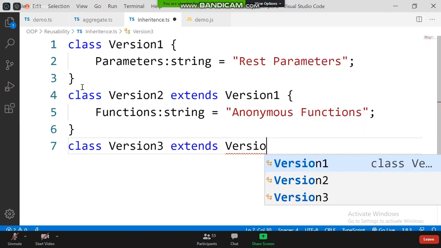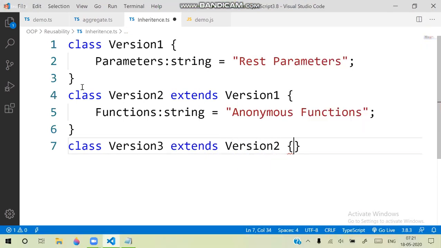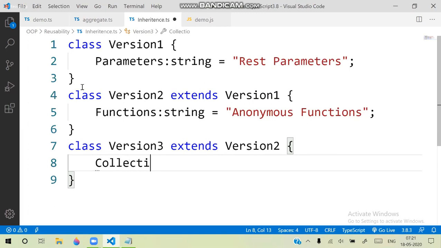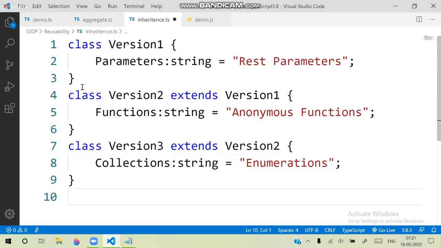Version 3 extends version 2. That means it has the features of both version 1 and version 2. And I said collection. So it is a string type, and it has some enumerations like this. And I'm creating a class,